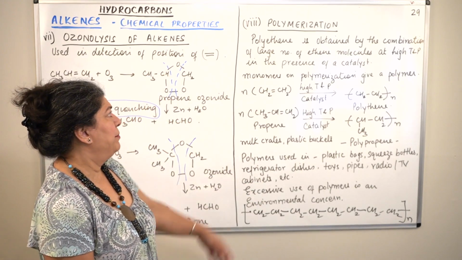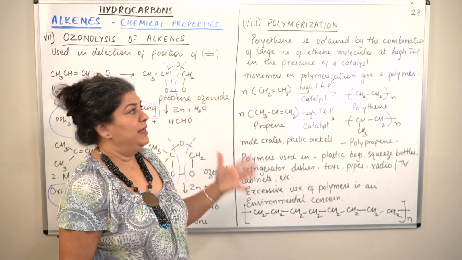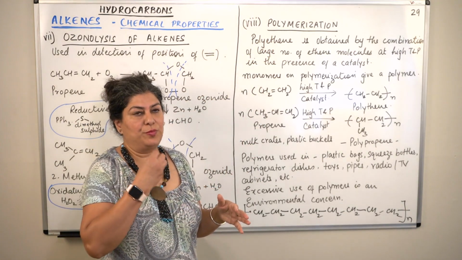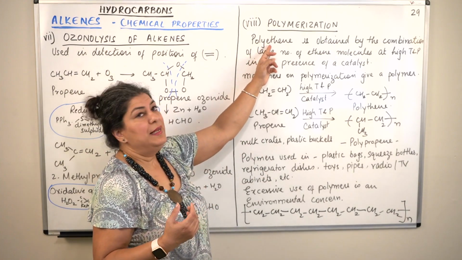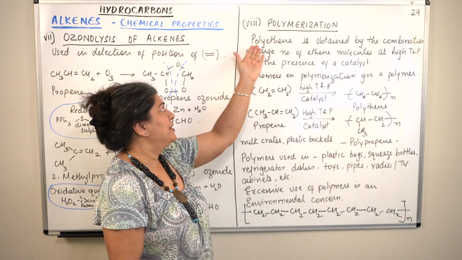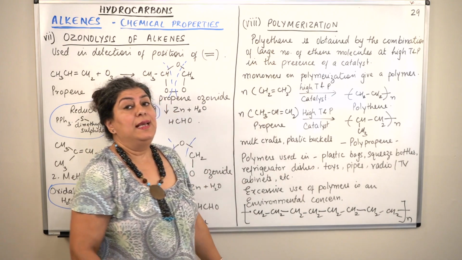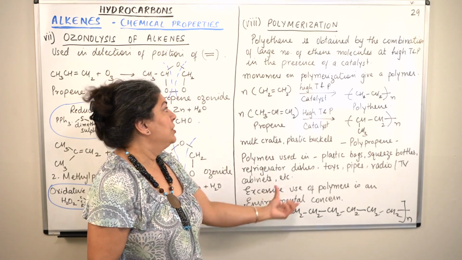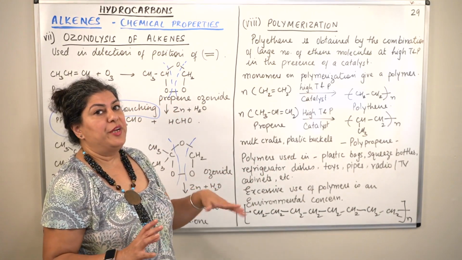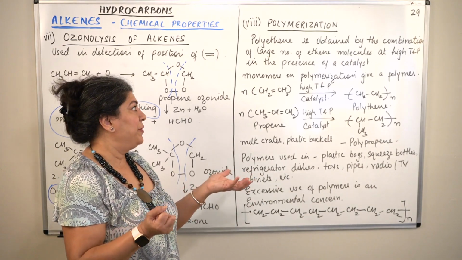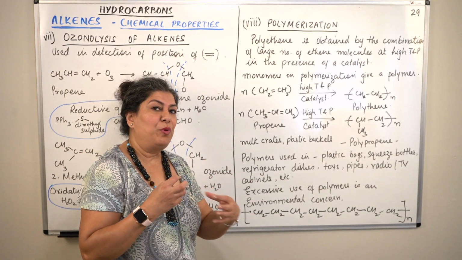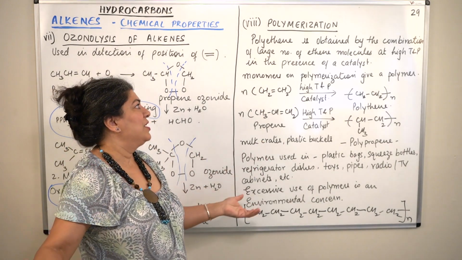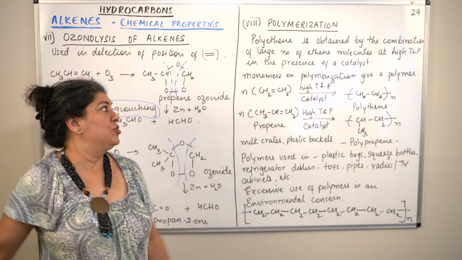So let's just briefly read about it. Polyethylene or polythene, as we miss the E in the middle, because Y and E sound the same, so we just say polythene. This molecule is obtained by the combination of a large number of ethene molecules at a high temperature and pressure. When you increase the temperature and pressure, the monomers start polymerizing. The second bond, which is a weaker bond, with that much heat, breaks and results in the formation of single bonds on the sides.